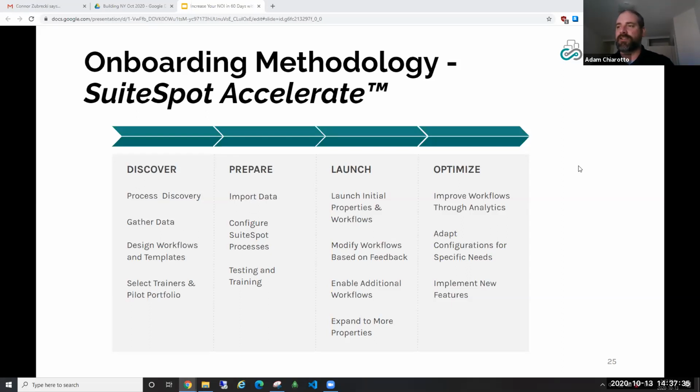I know some of our customers are doing upgrades to their PMS system, even just going from one version to a new version of the same software. It can take 6 to 8 months. That's not the case with SuiteSpot. We are very flexible, we're very configurable, and we're very fast at what we do. And we also talk to our customers.